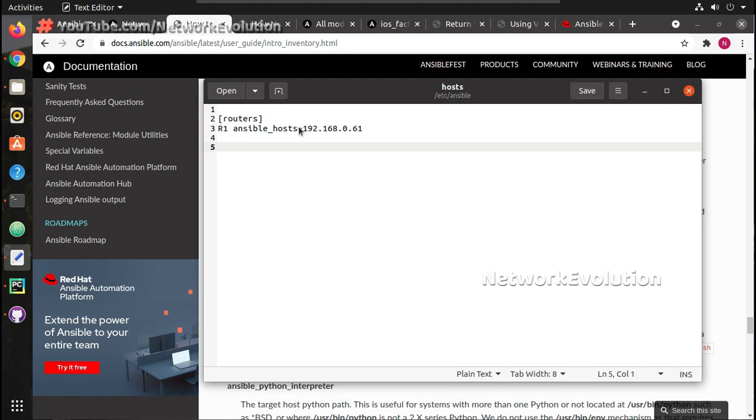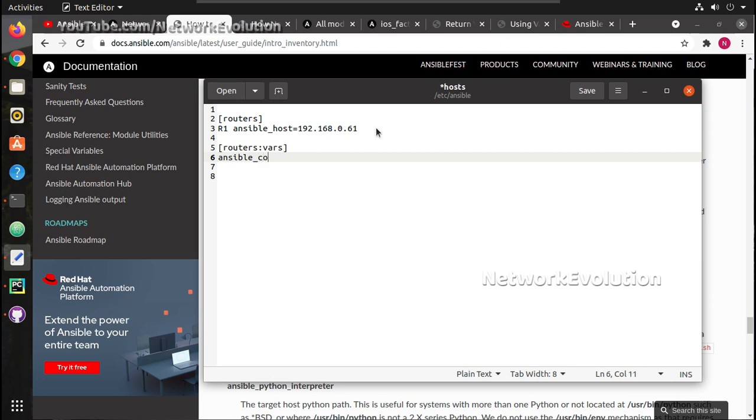Okay, so here there is a syntax error. We need to make it as Ansible host, and then we can create a variable here, routers, and network CLI, and in addition to that we can set the username and password here. Ansible user admin,